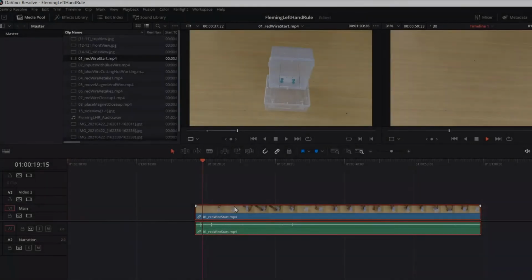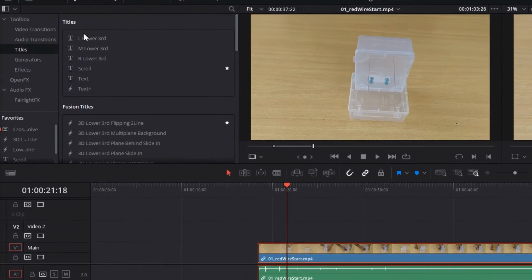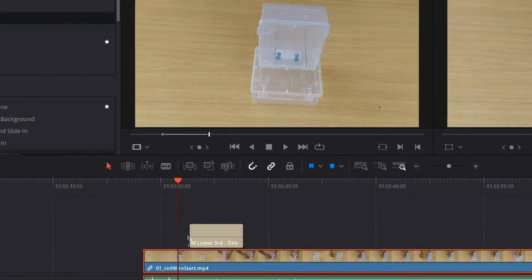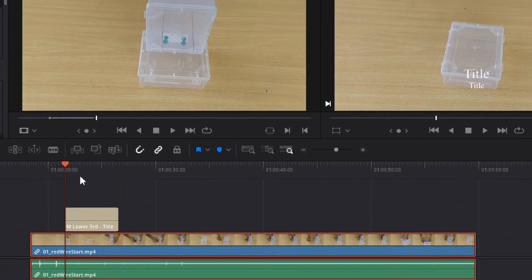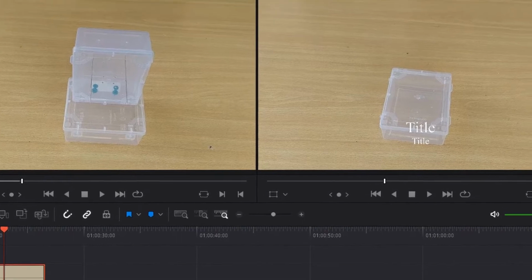Useful information can be presented with the help of labels. We can grab this default label from the effects library and drop it on the second video track. Let us use the inspector window to edit the label.